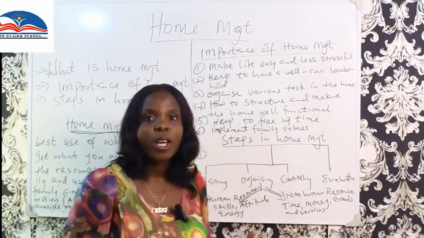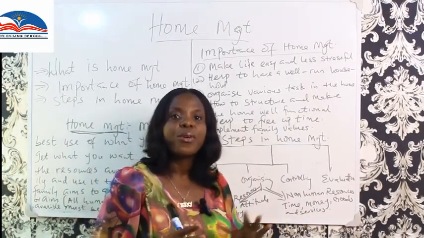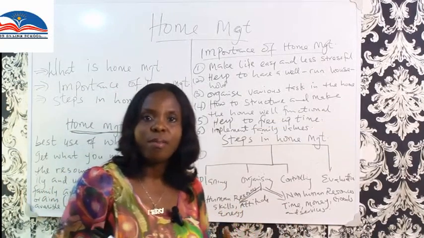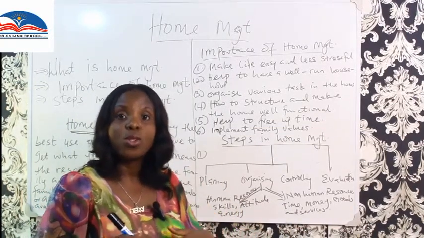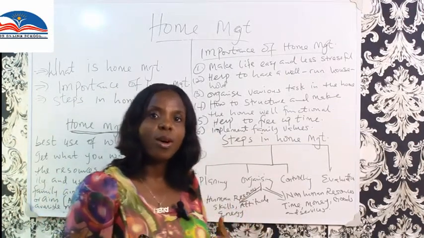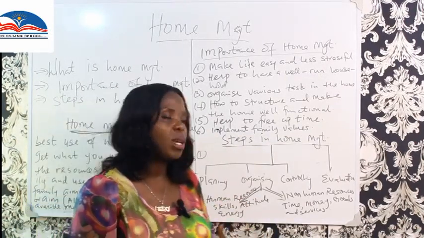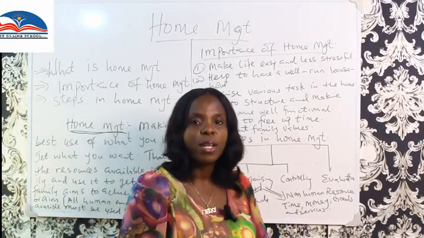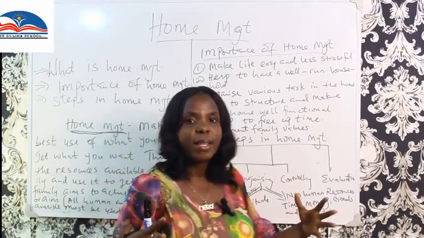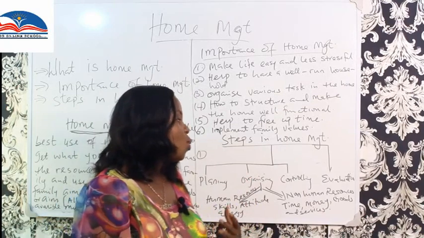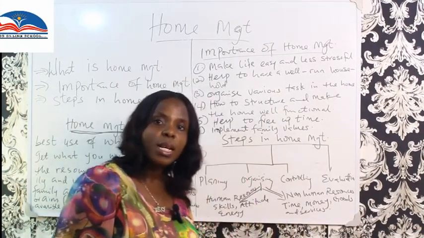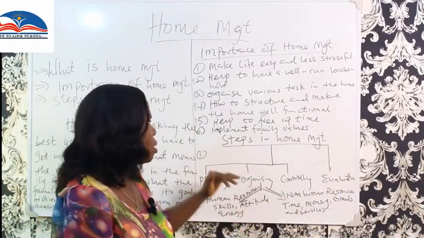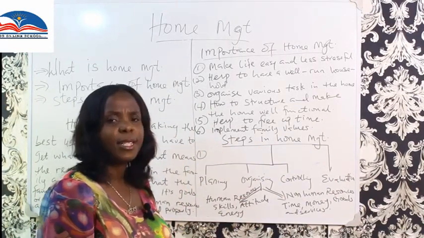You plan your meal, you plan physical activities, you plan recreation, you plan a lot of things that make life easy, make life happy, make life look appealing. All of this comes in here. So these are human resources that can be used. And then you have non-human resources that include your time that you put in the family to make things work out, the money that will buy things that will make the family run smoothly, the goods and services that you can offer to get money, or services that you can offer to make the family run smoothly. These are the steps in home management.